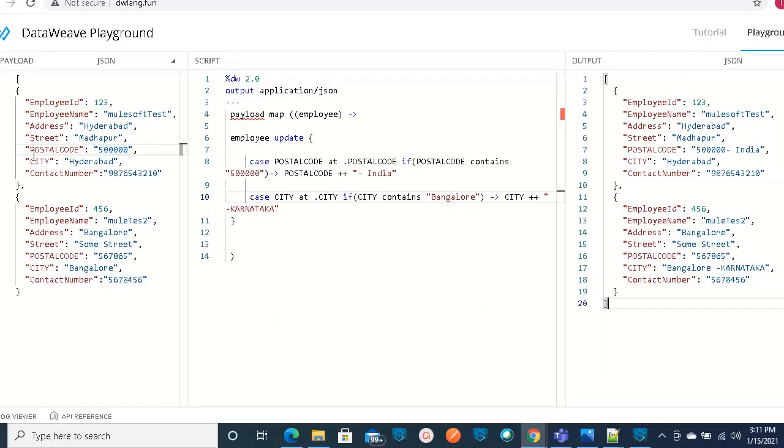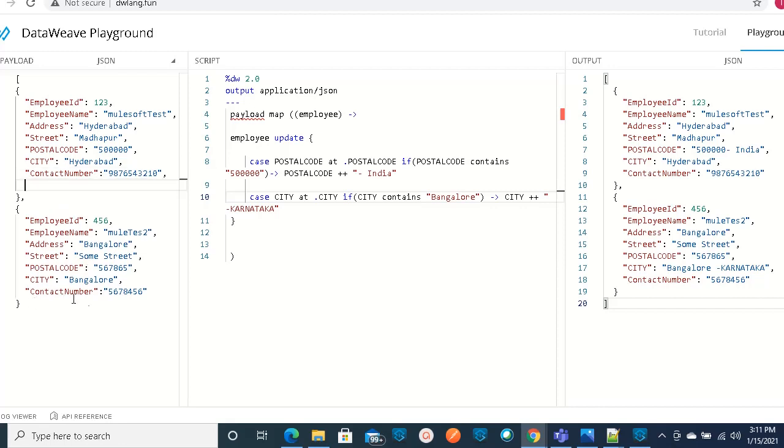So to do that, let me do one thing. Let's take one other field, like an email field, here in this first object, and we will not insert this email in the second object of the input. So let's see the difference.